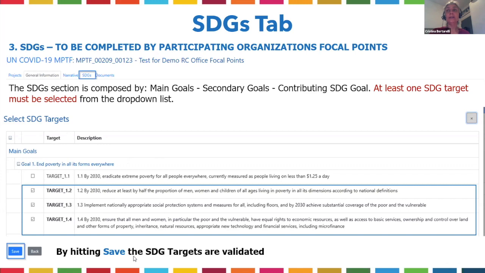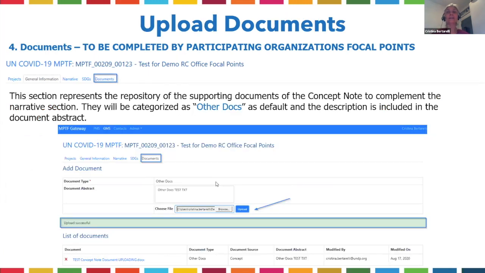Just to complete, the final section, so to speak, is the reference to the document management system. It is a repository where you will upload the documents that you consider important to give a definition and other important information that may not be entered in the narrative. The system to upload is pretty easy. You browse in your local drive, you indicate the abstract so that you can recognize your document, and when you hit upload, you have successful results. So you make sure that all the documents that you upload are in the list.